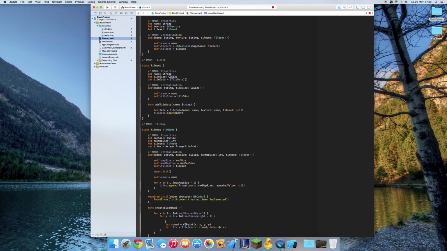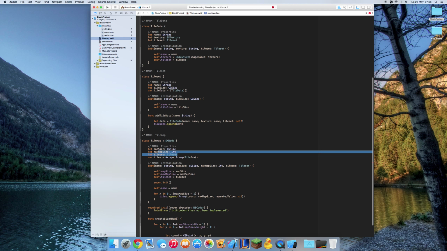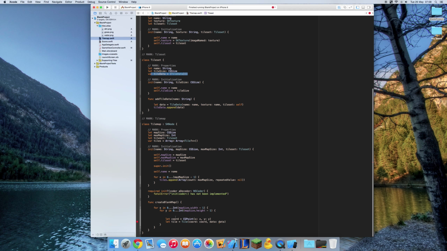Well, this is the point. I shouldn't create data here. The data we're using for each tile is going to be from our Tilemap tile set. Now there's a possible three different data, but for now we're just going to grab the grass data. So we know it's actually going to be an optional. So if let data equals tile set tile data,